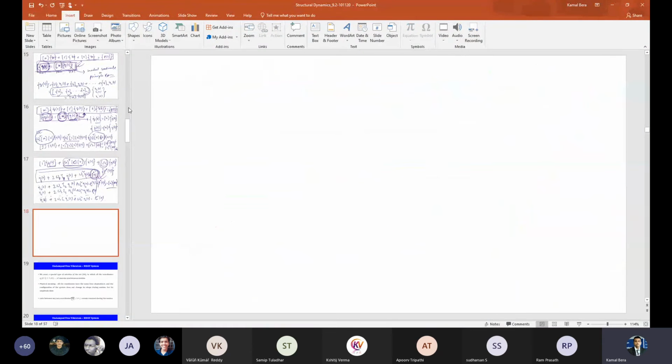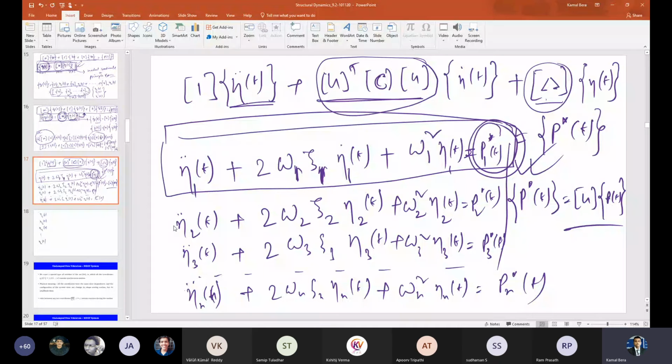Okay, so we will come to that, how the number of equations gets reduced. That also I will show in a systematic manner. So you solve each equation, you'll get eta 1, eta 2, eta 3, all as functions of time, and so on. You solve N single degree of freedom system equations, provided that you know the damping ratio for each mode. Omega 1 is known to you, and omega 2, omega 3, all those are known to you because you have obtained these from the eigenvalue problem.